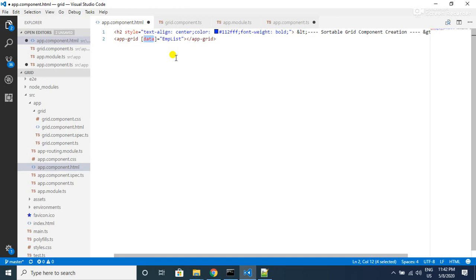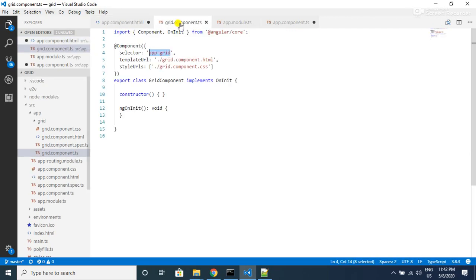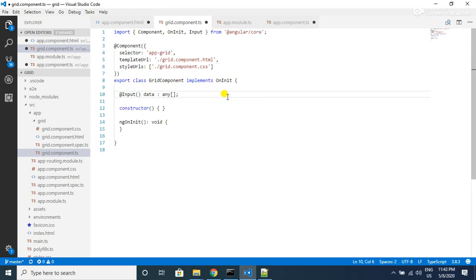Inside our grid component, we need to create an input property with the name data. Here we are creating the input property called data, and let's import the Input decorator. So we have the input property in our grid component, and we are receiving the data from our app component.